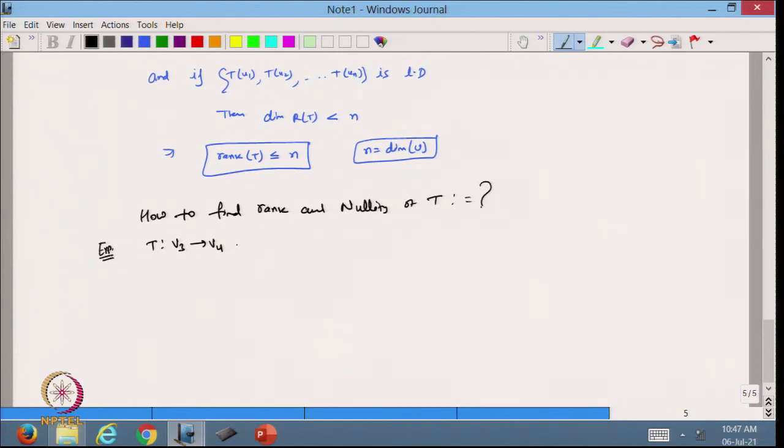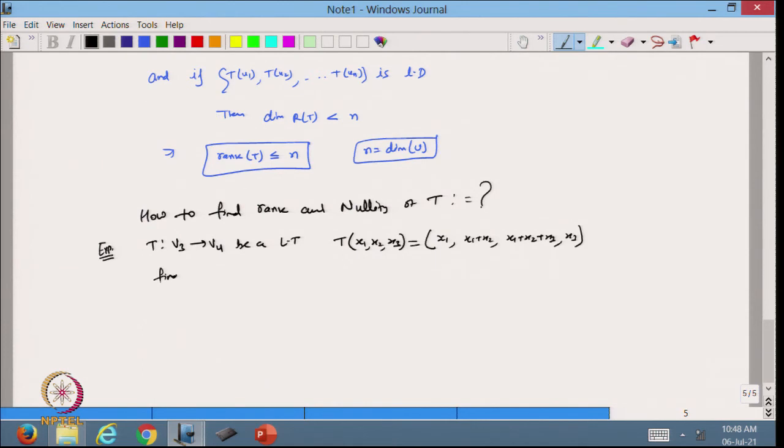So, this is my linear transformation. Let T be a linear transformation, defined on (x1, x2, x3) because it is coming from V3, and its image becomes (x1, x1 plus x2, x1 plus x2 plus x3, x3). So, this is a linear transformation, it is given to us. Now, the question is